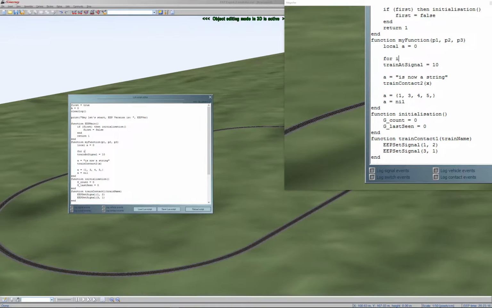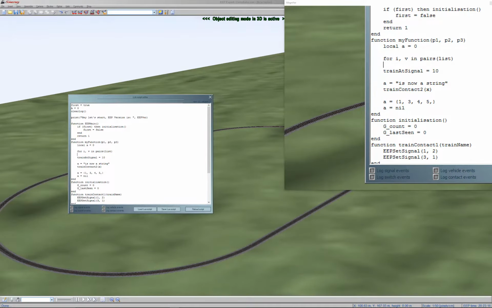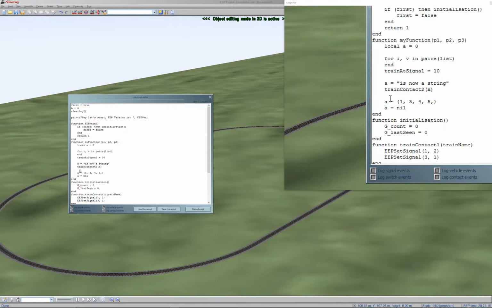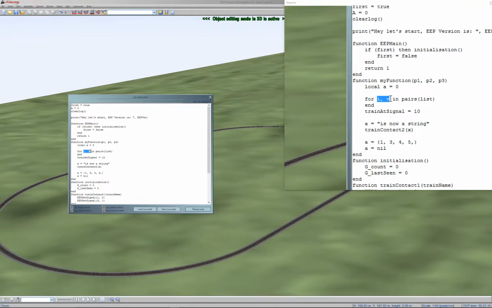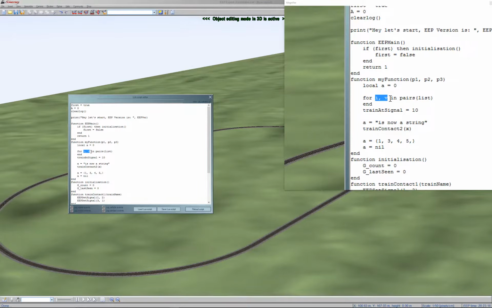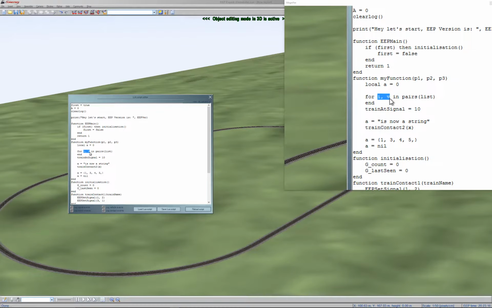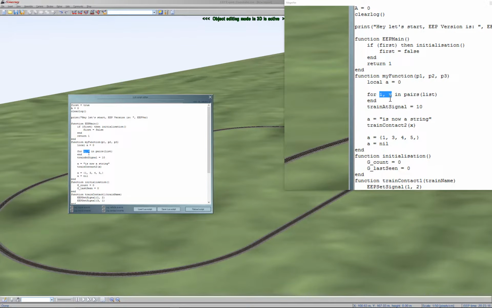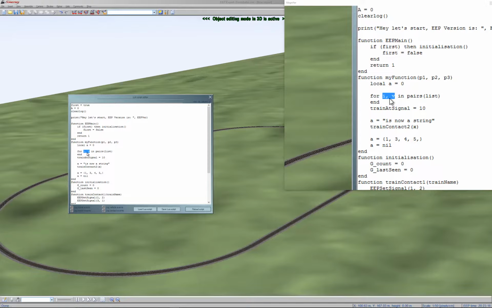If I have a for loop, for i, v in pairs(lists), the loop variables, and I can explain all of this in subsequent tutorials, so if you haven't got a clue what I'm going on about, hopefully I can explain these better in subsequent videos,